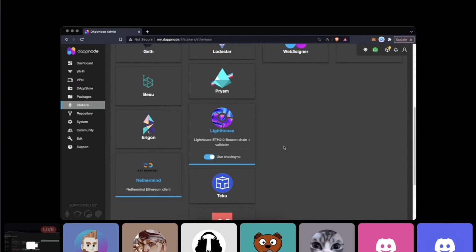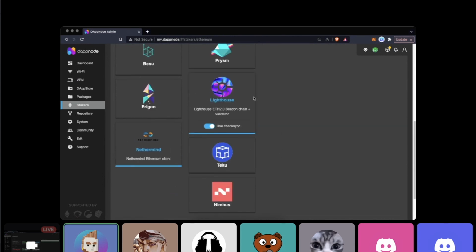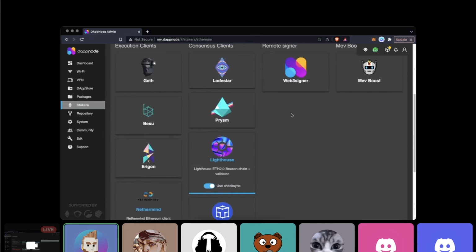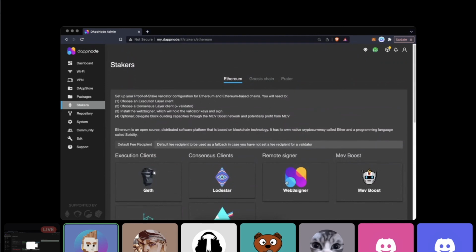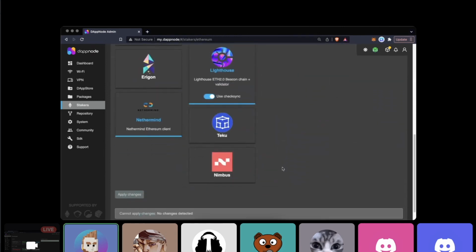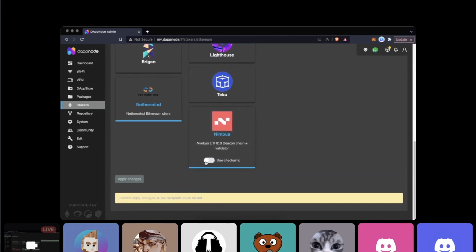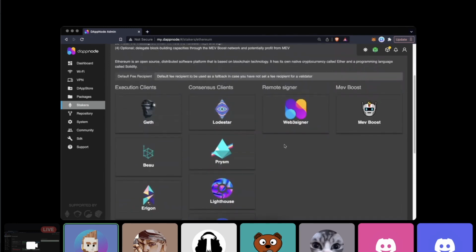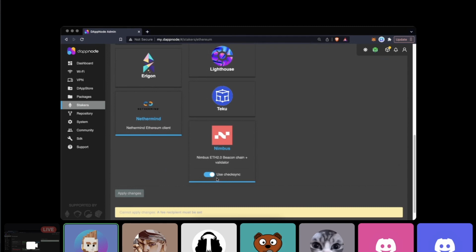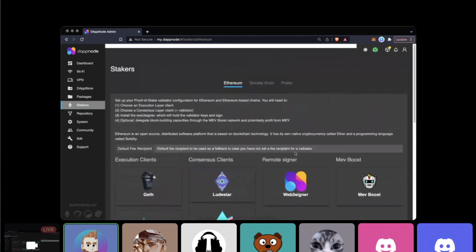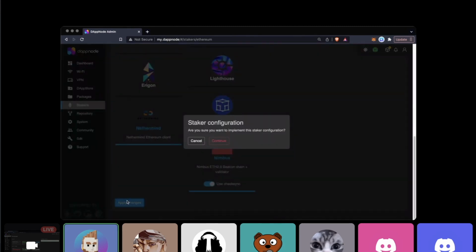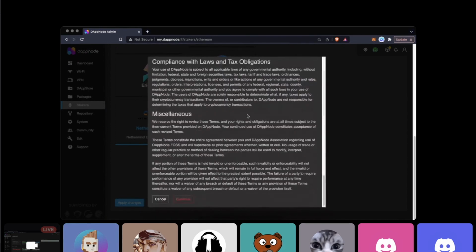But let's say that for some reason you say there are some issues with my consensus client and I need to switch it. So what I love about the stakers menu is how easy it makes it. Let's just switch to Nimbus. So we are going to select Nimbus and use checksync. This is very important, as I said. This is the difference between 5 minutes and days of waiting. I will apply changes,